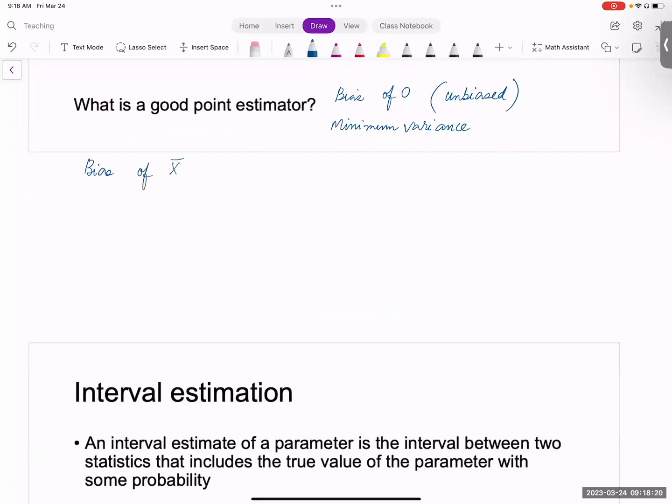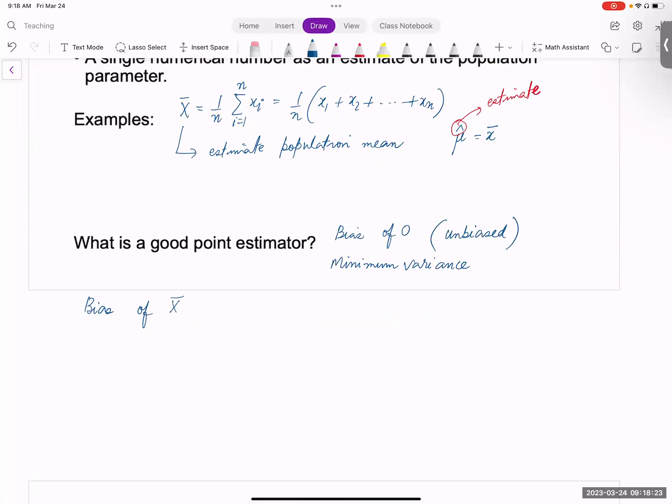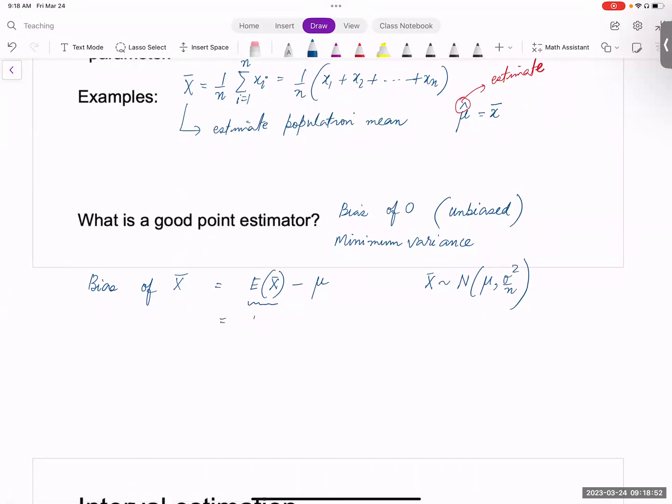Bias of X bar. So X bar is an estimator of mu, right? So let's compute the bias of X bar. Bias of X bar is basically the expected value of X bar minus mu, right? So whatever we are trying to estimate is mu, and E of X bar is the expectation of X bar. Now from chapter number 2, you already know that X bar follows a normal distribution with mean mu and variance sigma square over n. So if I were to compute the expectation of X bar, I would get mu. We already have minus mu, that gives us 0. So X bar is an unbiased estimator,